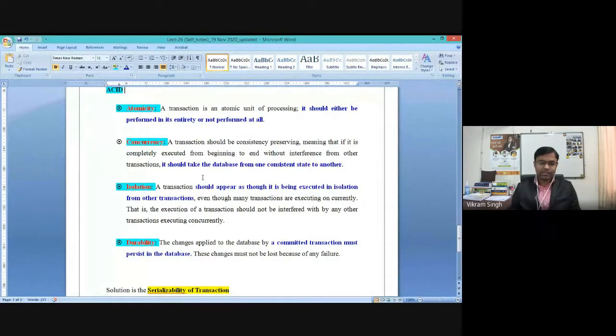The third property, which is very important, is called isolation. Isolation says that whenever we are accessing a data item through different concurrent transactions, so suppose there is a data item X and there are various users who are trying to access the data item X, right? It is very important to give the user the impression that he is the only user accessing this data item. So it is a kind of isolation for each user, for each transaction. The DBMS should create this appearance that there is no user accessing this data value along with you. And that is what we are expecting also.